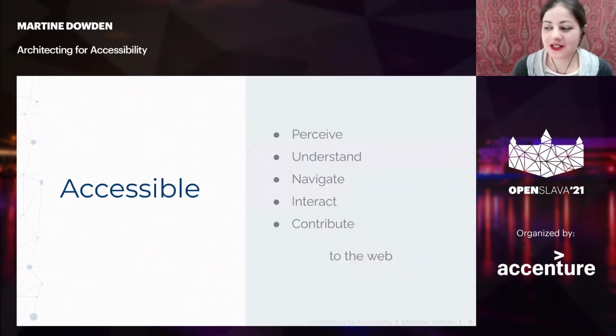Moving on. So what does it mean to be accessible? It means that you can perceive, understand, navigate, and interact and contribute to the web. So perceive is, can you get the information? So whether that's visually, can you see it? Or if you are visually impaired or using an assistive technology, can you get that information somehow? Can you understand what is on there? Is the language being used, not necessarily is it in the language that you speak, but is the vocabulary being used understandable to your audience?